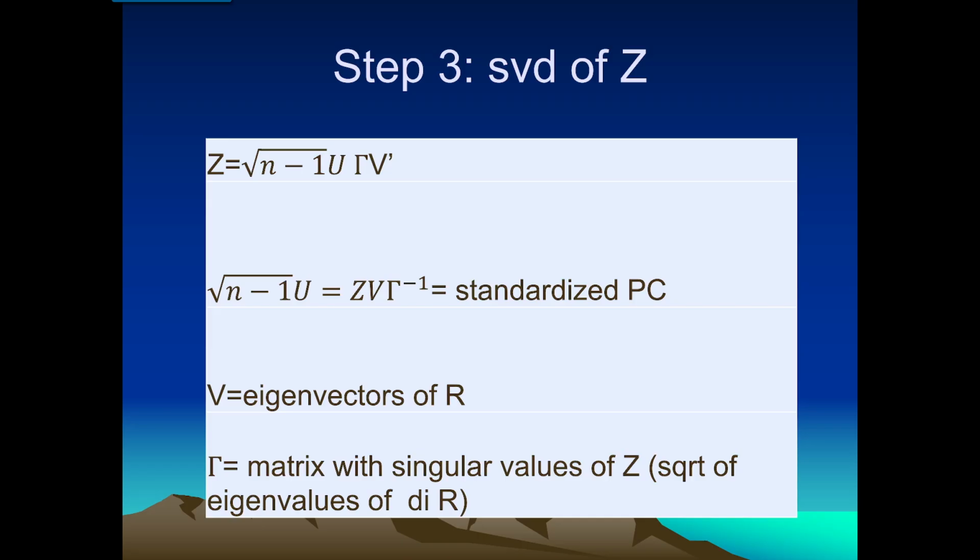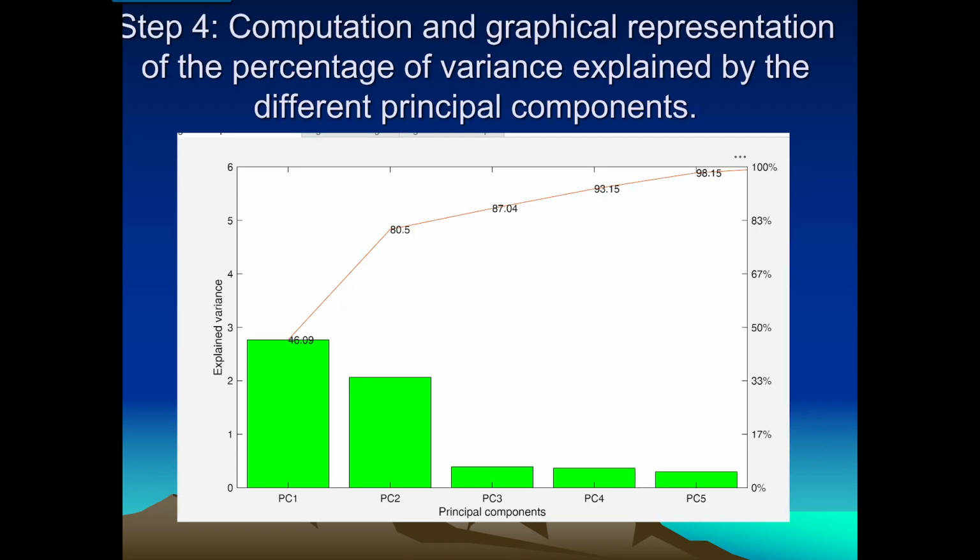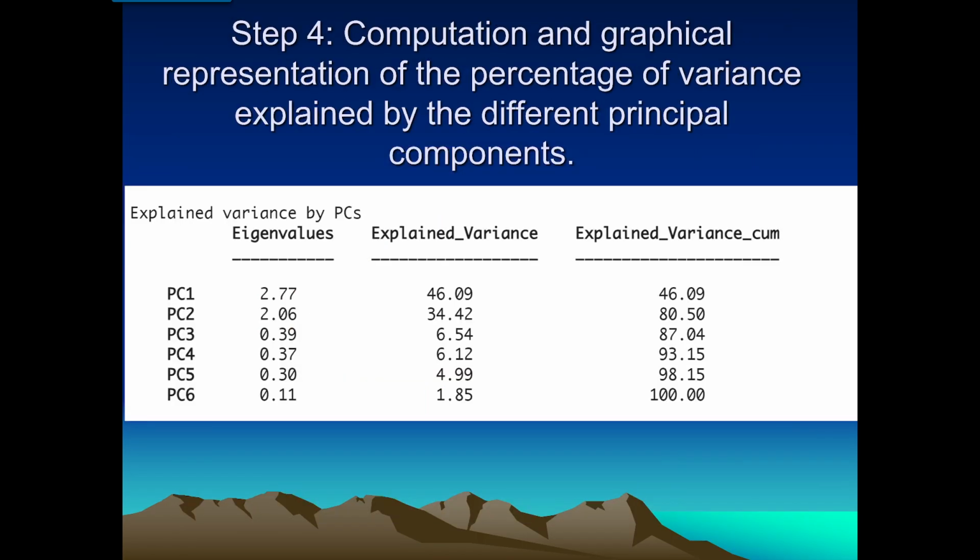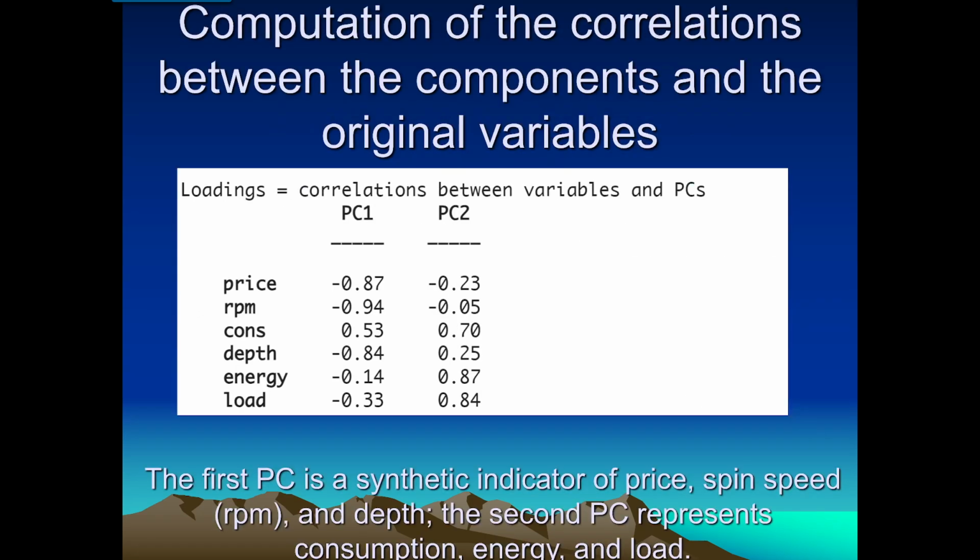Okay, SVD, whatever. Then how many components here? 2 components. With the first component, you explained just less than 46%, so 2 components. With the first 2 components, you explain 80% of the variability. Correlation. The first principal component is a synthetic indicator of price, spin speed, and depth. Price,